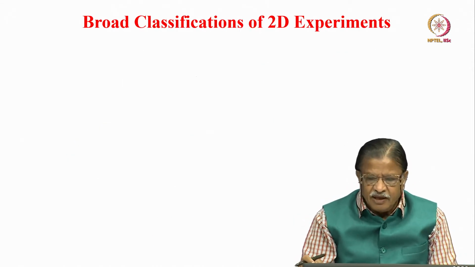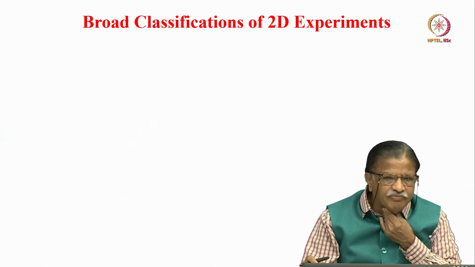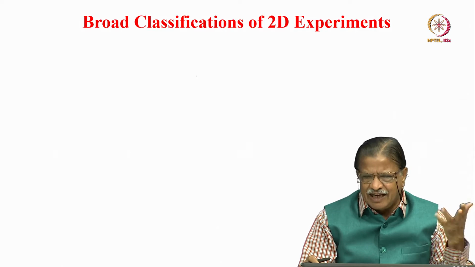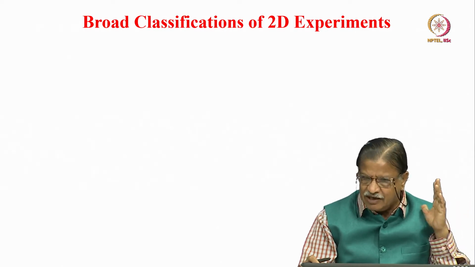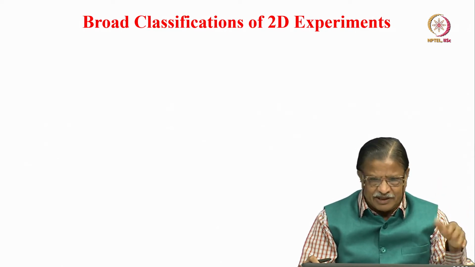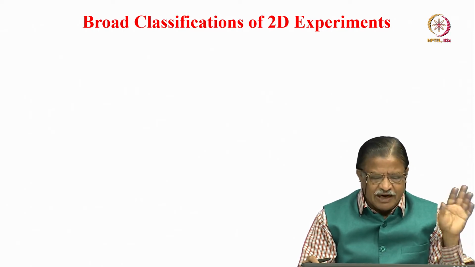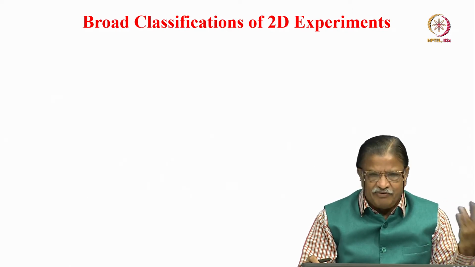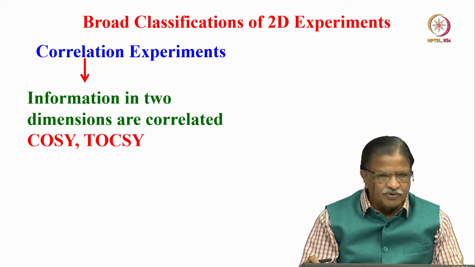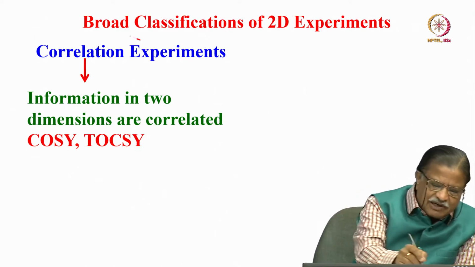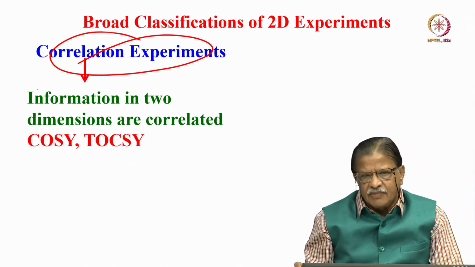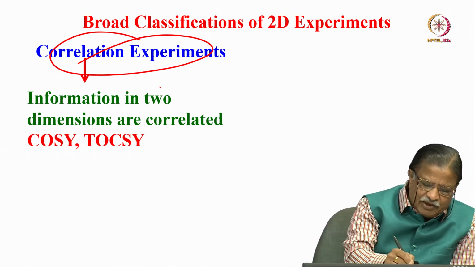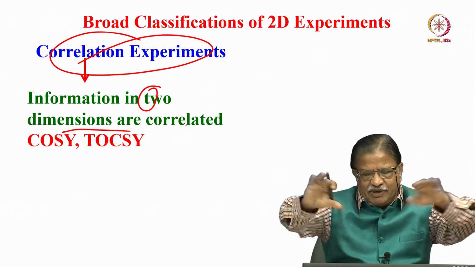Okay. With this, now if I had to do 2D NMR experiments or any 2D or 3D experiment, we will restrict all our discussion to 2D only; we do not touch upon 3D in this course. We will make a broad classification of 2D experiments, in my view, my suggestion, my way of looking at it, into 2 things. One, I call them correlation experiments. This correlation experiment is the one which has information spread in 2 dimensions, or 2 dimensional information can be correlated.